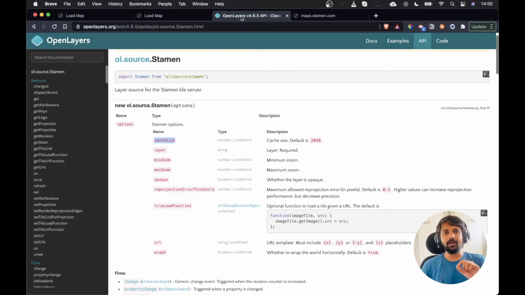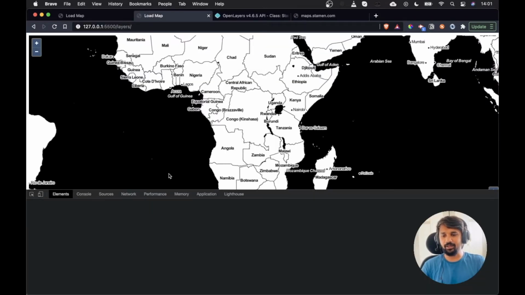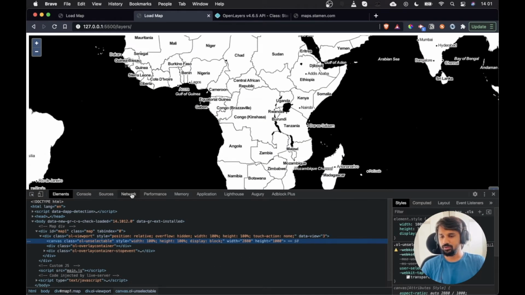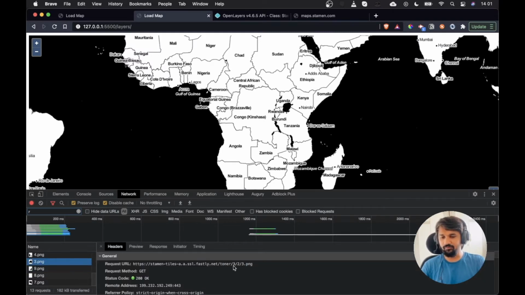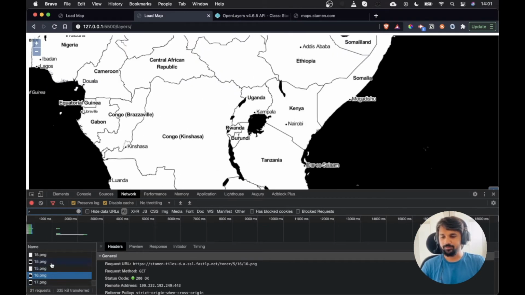Usually, a base map has three main characteristics of X, Y, Z, which OpenLayers gets on the fly, and then we basically load that tile from the server. What I mean by that is if I open the inspect tab right now and if I go to the network and if I zoom in, zoom out, you can see that these tiles are loaded and each one of these tiles will have X, Y, and Z. If I click on any one of these images which are loaded, you can see that X, Y, and Z are changing as we load more and more images. So that is the representation of XYZ.